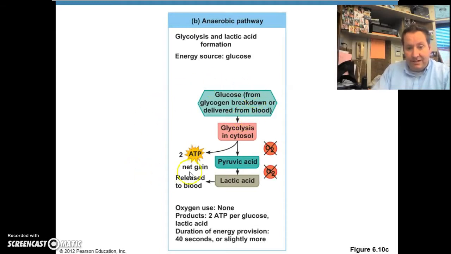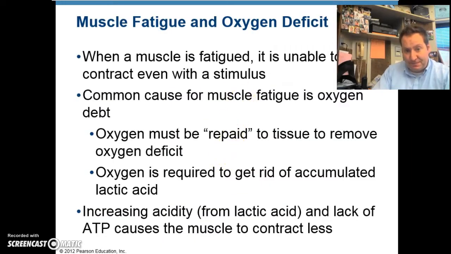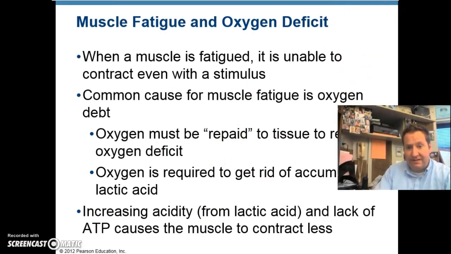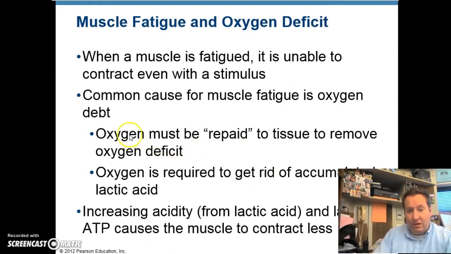This is that process here. Like we said, ATP is going to be produced, a net gain of 2, but you have this lactic acid that's produced as a result. This is just talking about muscle fatigue, and for a muscle to be able to work properly, it has to have oxygen inside the muscle